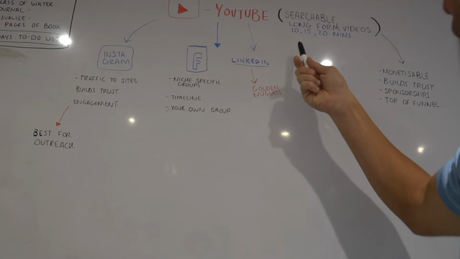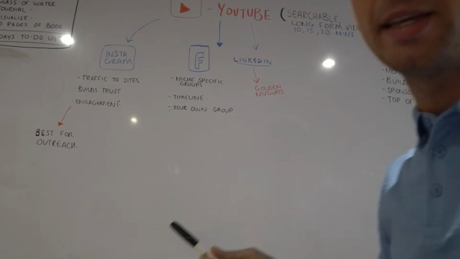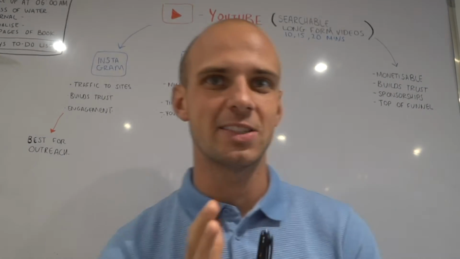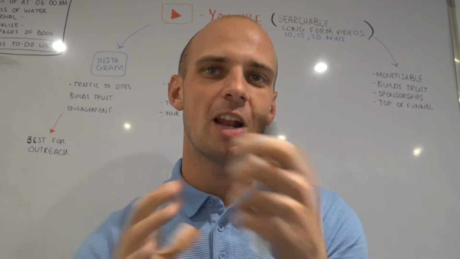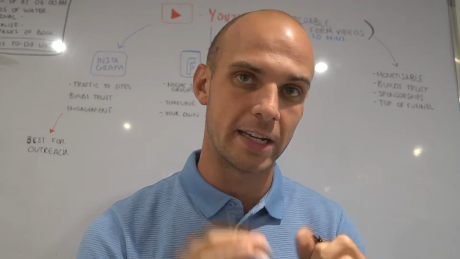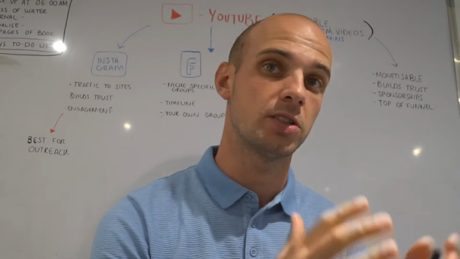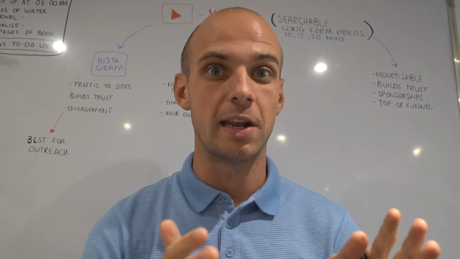Once you have the searchable content for YouTube, you then want to break it down, and this is what we like to call the golden nugget formula, okay, within DAF Global. The reason I like to start at YouTube, right, is because it's searchable content, and when people are searching with intent, they're looking for the answer to their problem. So if you can provide the answer to their problem, you're winning, okay?